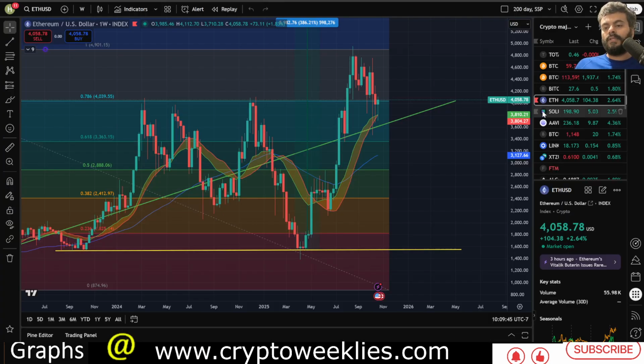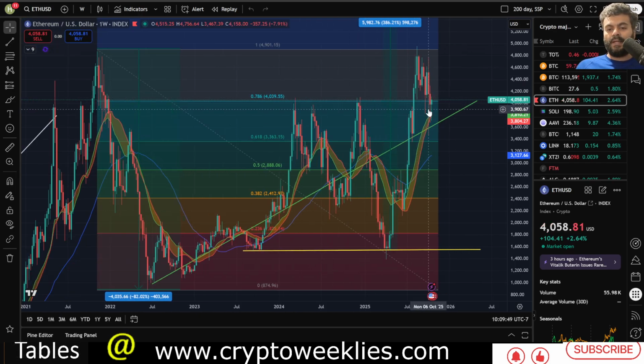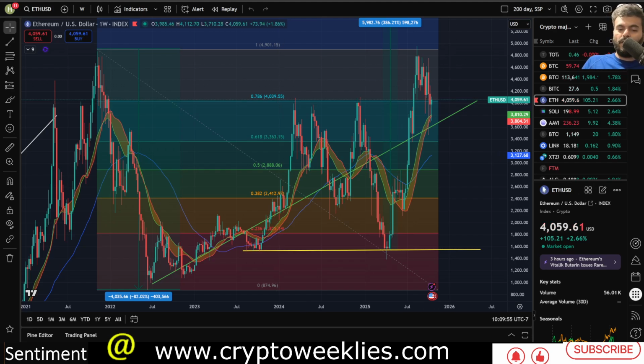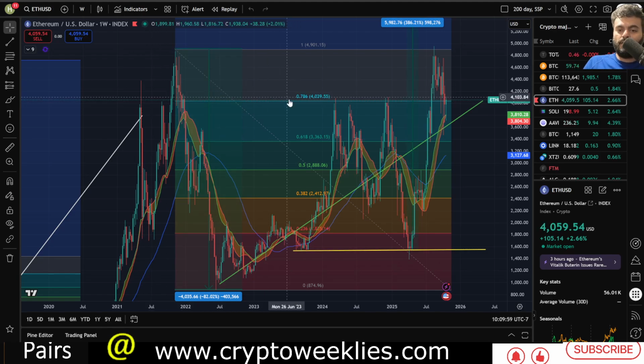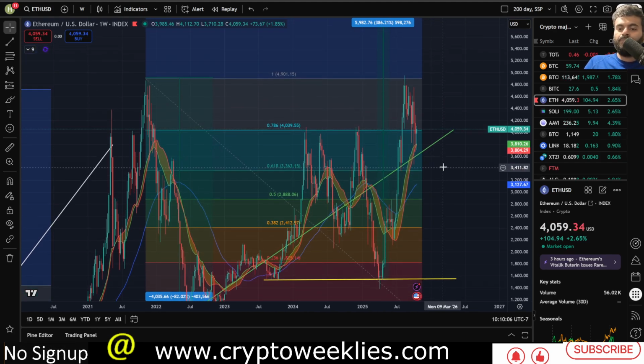So coming back to ETH's positive seasonality, if the price is held above that $4,039 level again, which is about $20 lower than the current price, that could bode well for ETH as it stays above the 0.786 on the fib level drawn from the 2021 high to the 2022 low.